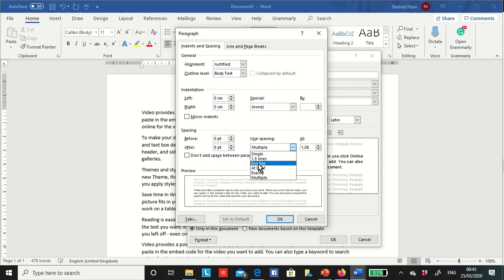I'm selecting double here. You can also add an indentation for your paragraph, like 0.5 centimeter. So all are done so far. Press OK.